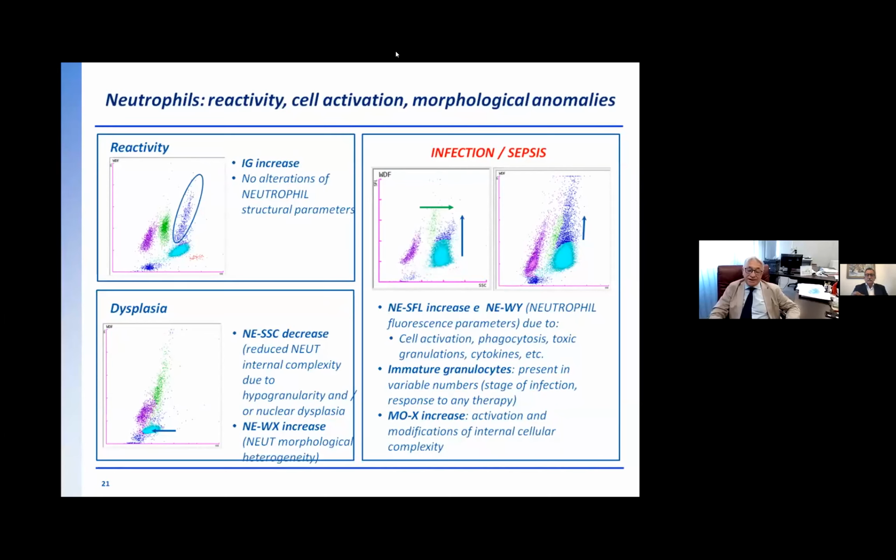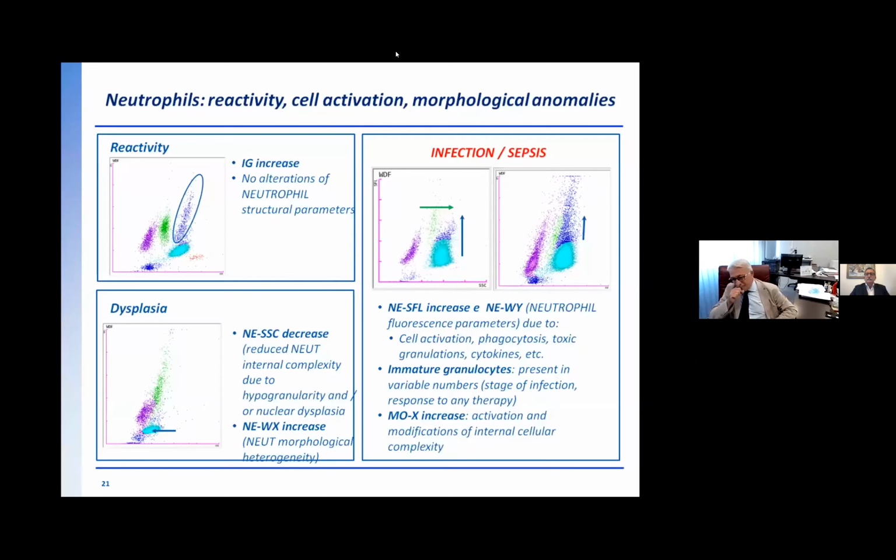Now, let's focus on what happens in infections, in sepsis in particular, and there you can see a relevant increase of fluorescence of granulocytes with a complete fusion with the immature granulocyte population. You can see the buffer that is encompassed by the granulocyte population, and this variation is due to phagocytosis, production of cytokines, and then you have production